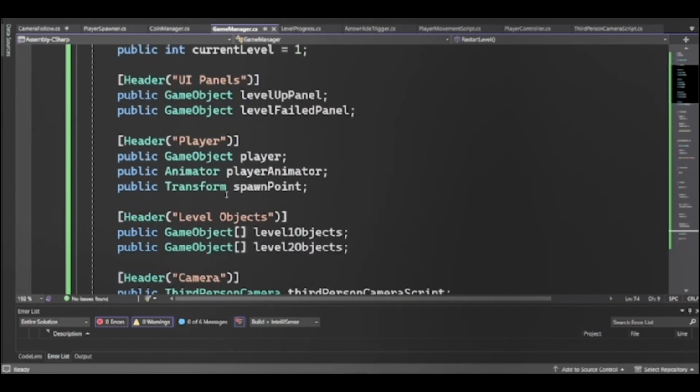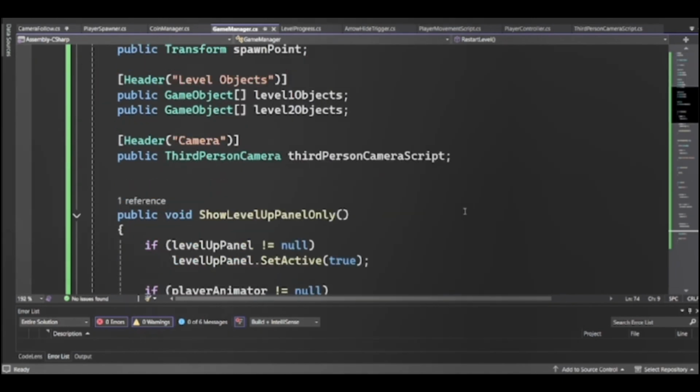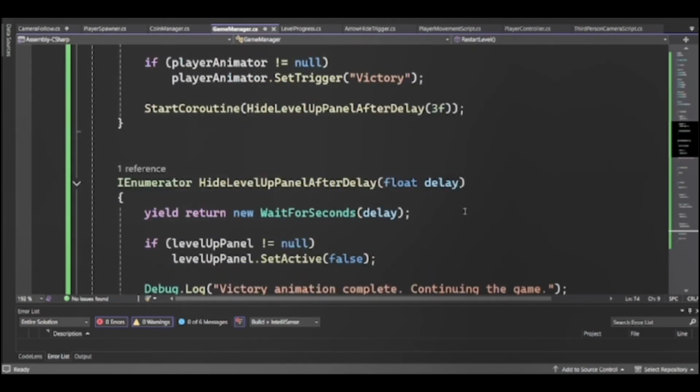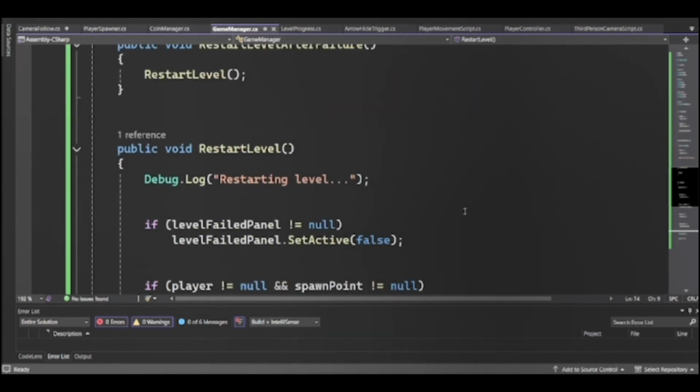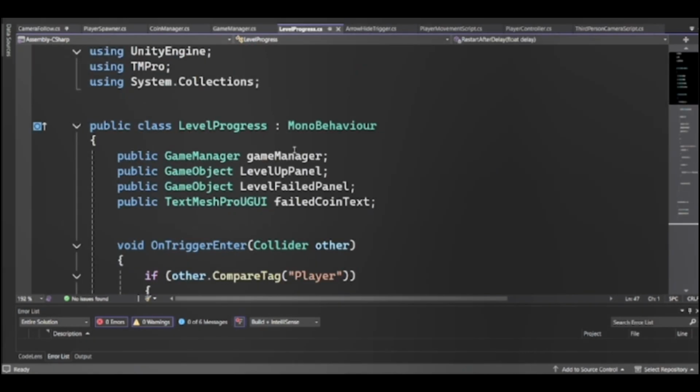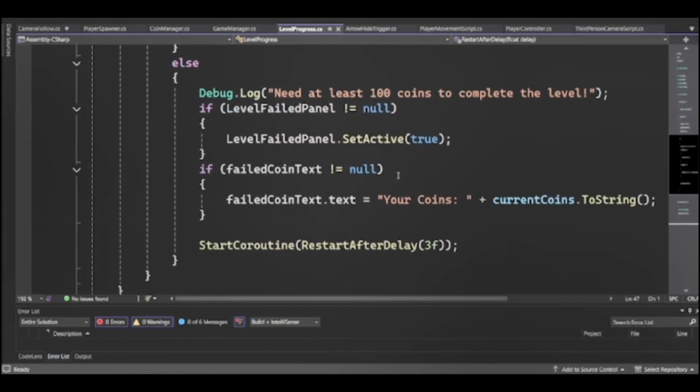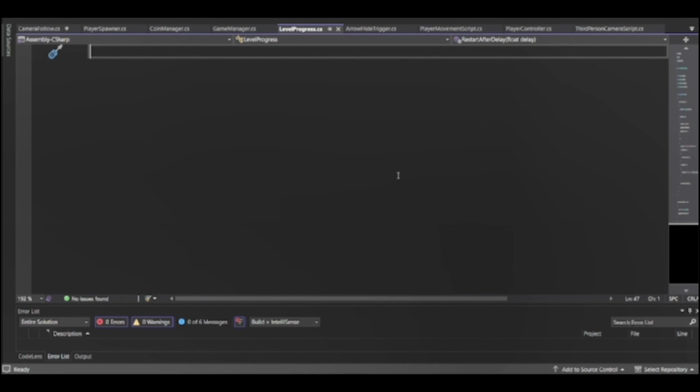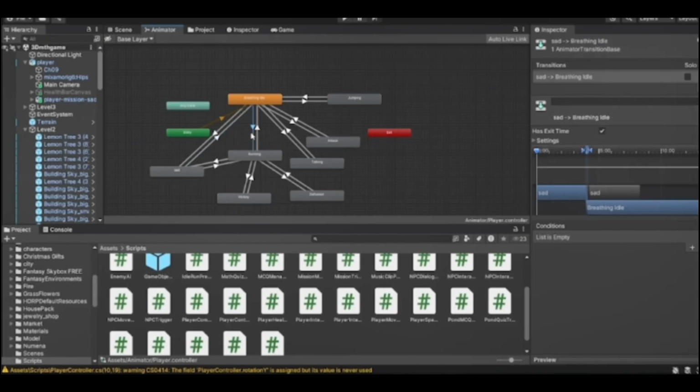This script manages the level up sequence in the game. It keeps track of the current level and controls the level up panel UI. When the show level up panel function is called, it activates the level up panel and triggers a victory animation on